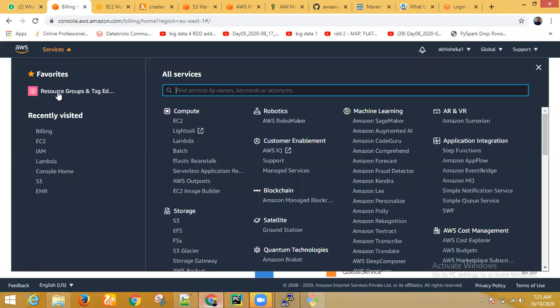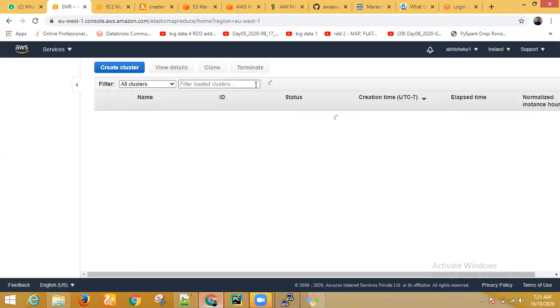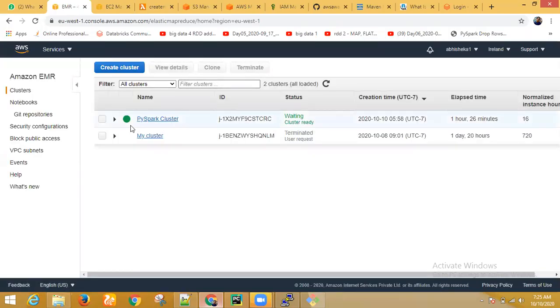Now you can just go to the same EMR cluster. You have to keep checking. You don't have to pay it anyway, but still keep checking that you are not misusing this. So that's all for today. We'll connect again tomorrow. Make sure you practice everything.